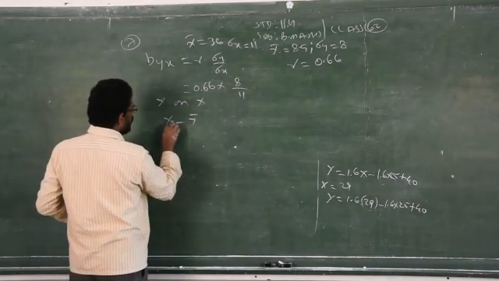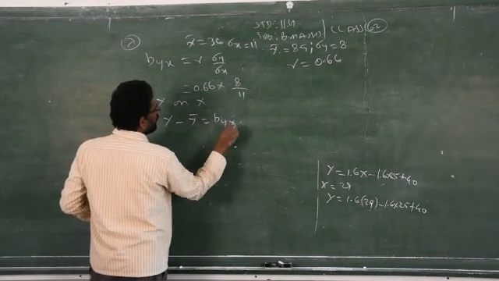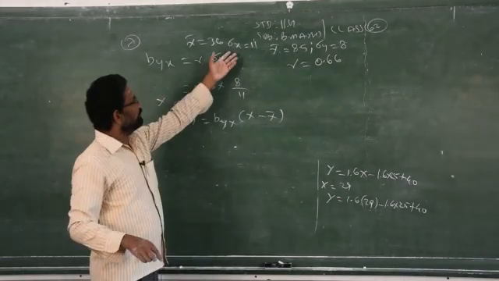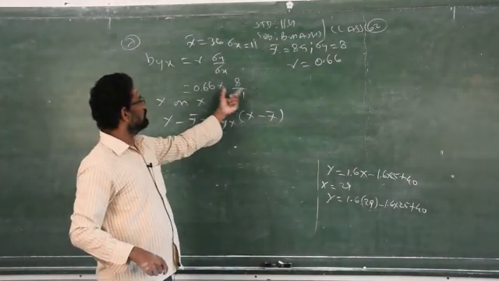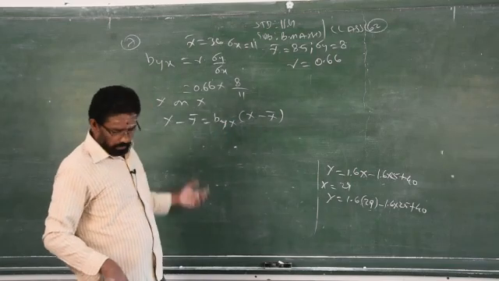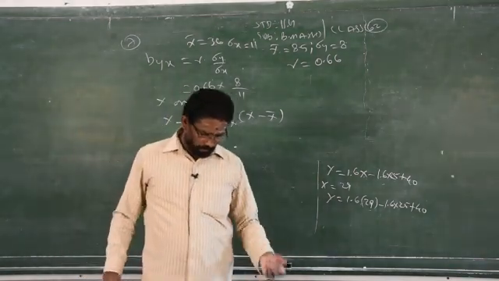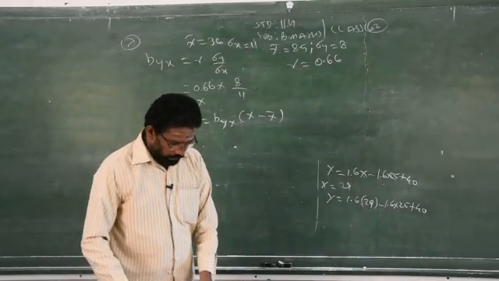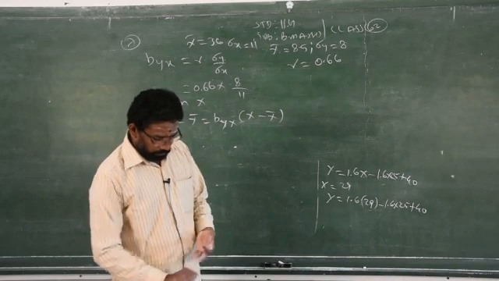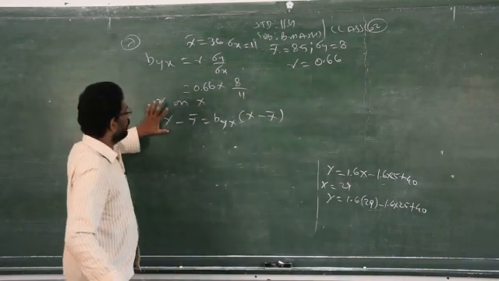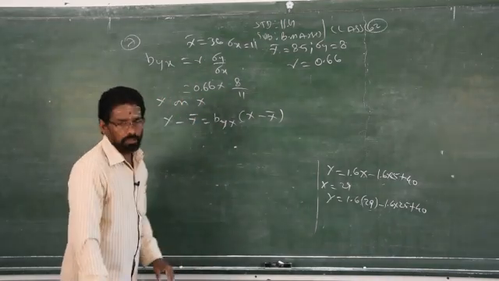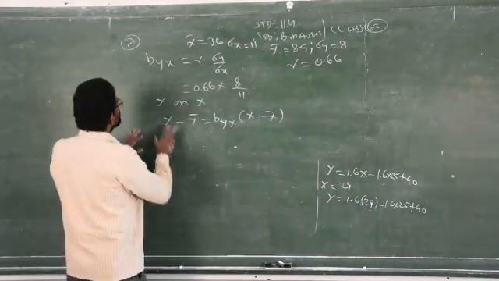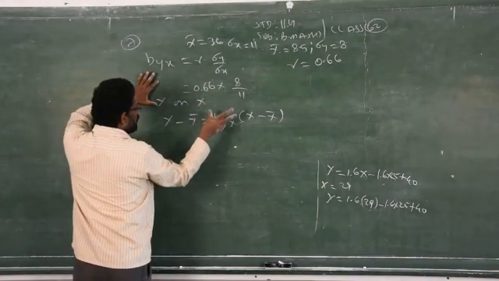Y minus y bar is equal to Byx into x minus x bar. All the information is given. To find Byx, simplify and substitute, you will get the answer. After that, you have to replace x by how much? 10. You will get the required answer. Clear? So next, boys, you have to complete this problem at home. I am just leaving it. If it were the classroom, I would ask you to do it in the class itself. But it is YouTube classes. Please find out the answer and substitute.